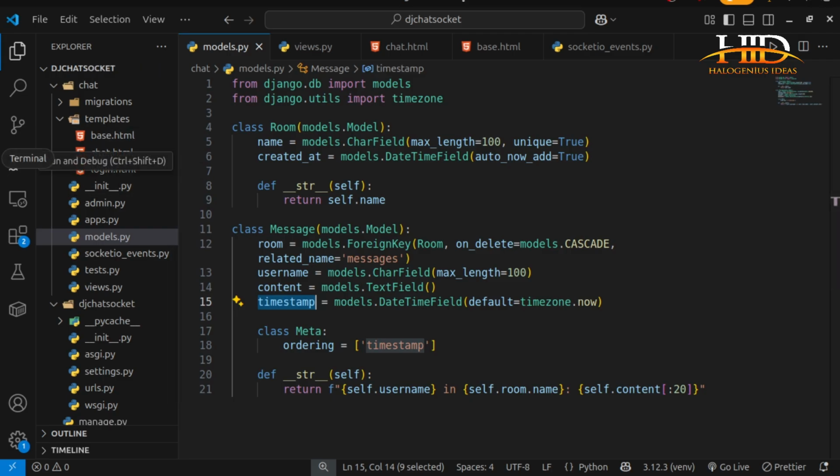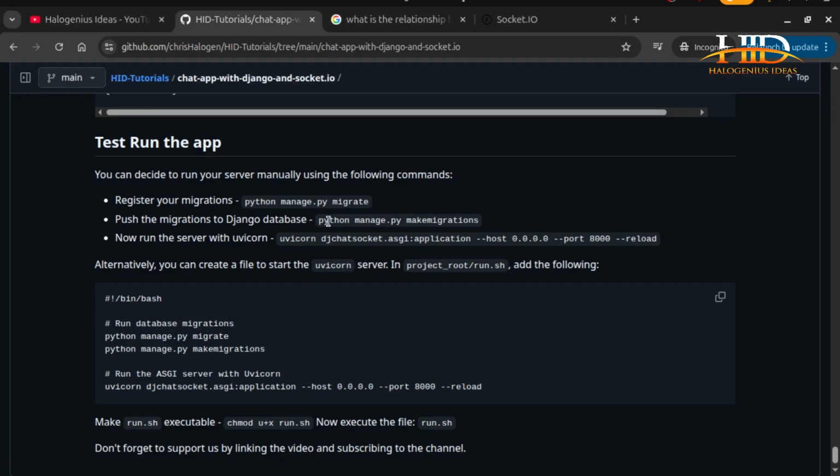How can you register them? Very simple. All you have to do is basically run the command python manage.py makemigrations. What we have over here is an error from my end. Sorry about that. So when you want to register your migrations to the Django system, you just say python manage.py